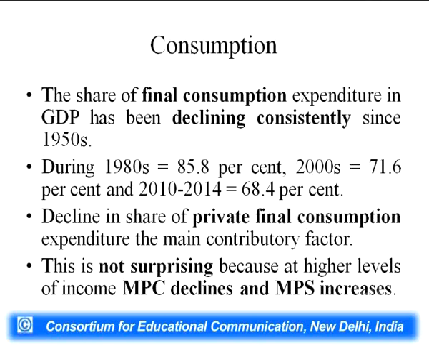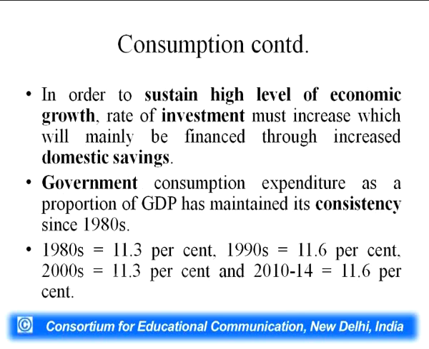This decline in private final consumption expenditure and the total final consumption expenditure is not surprising at all, because we know that as the income of a person or the income of an economy increases, the marginal propensity to consume declines progressively and the marginal propensity to save increases commensurately. What does it mean? That as the income increases, we tend to reduce our consumption proportionately and the proportion of saving increases gradually. So, the consumption component of the aggregate demand has decreased and its place has been taken by